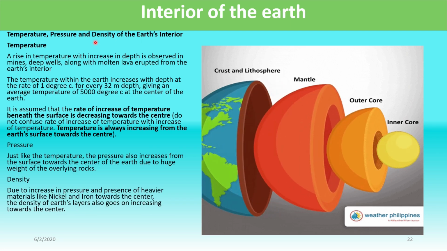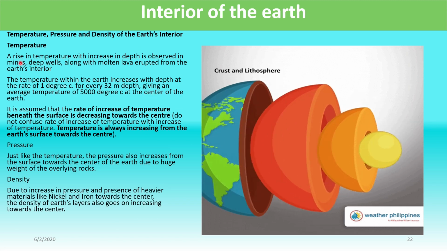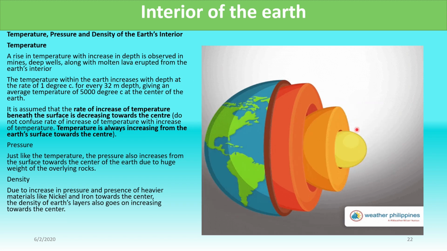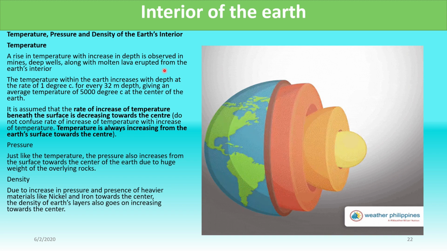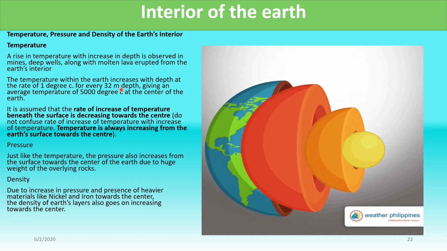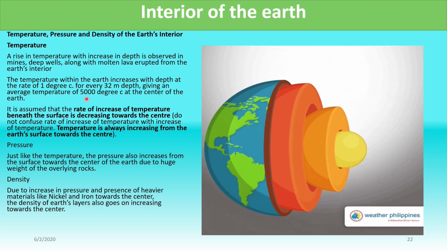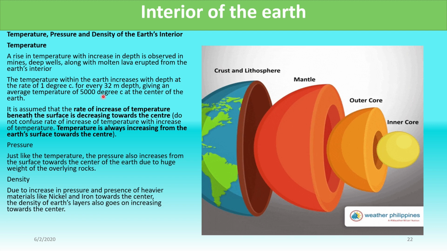Temperature, pressure, and density of the Earth's interior. Temperature. A rise in temperature with increase in depth is observed in mines, deep wells, along with molten lava erupted from the Earth's interior. Temperature within the Earth increases with depth at a rate of 1 degree centigrade for every 32 meters depth, giving an average temperature. Before it was told 5,000, but at present scientists say it is 6,000 degrees centigrade